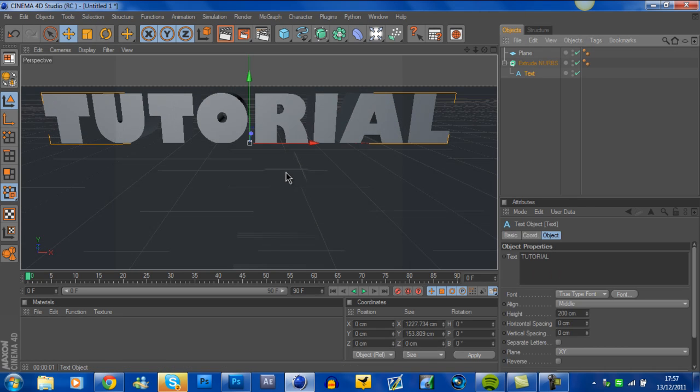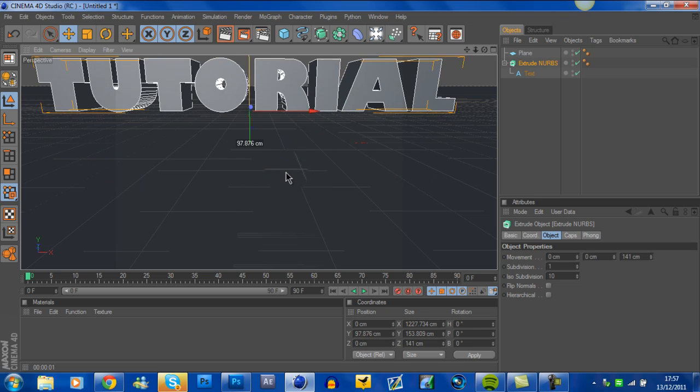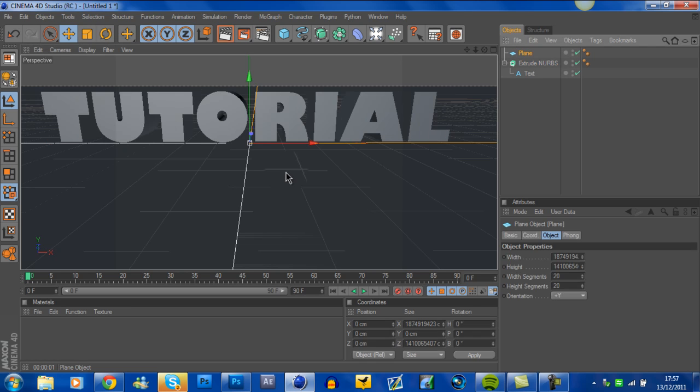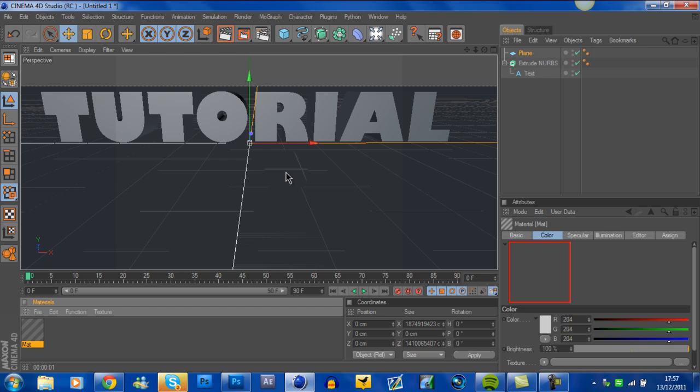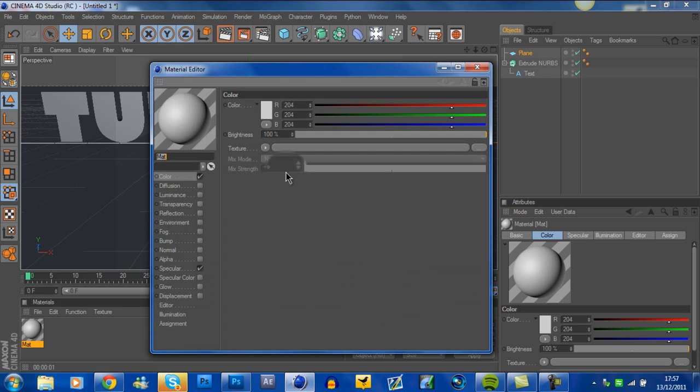You can bring the text down, so it's gone through the floor now. So you want it about there. I'm just gonna change the colour of the floor. If you double click down in this section here, you'll end up with a matte. If you double click that, you can change the colour. So I'm gonna have a white,